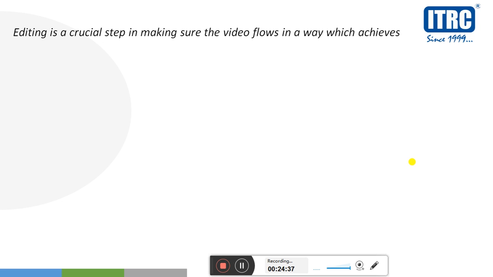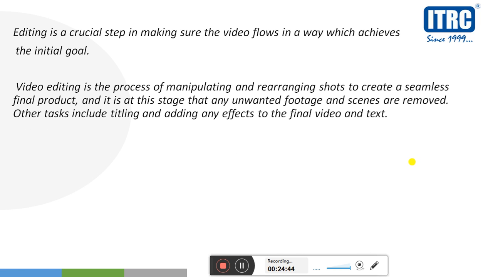Editing is a crucial step in making sure the video flows in a way which achieves the initial goal. Video editing is the process of manipulating and rearranging shots to create a seamless final product, and it is at this stage that any unwanted footage and scenes are removed. Other tasks include titling and adding any effects to the final